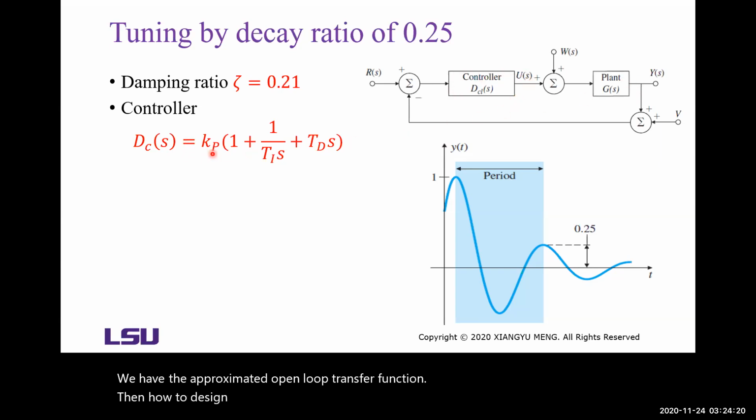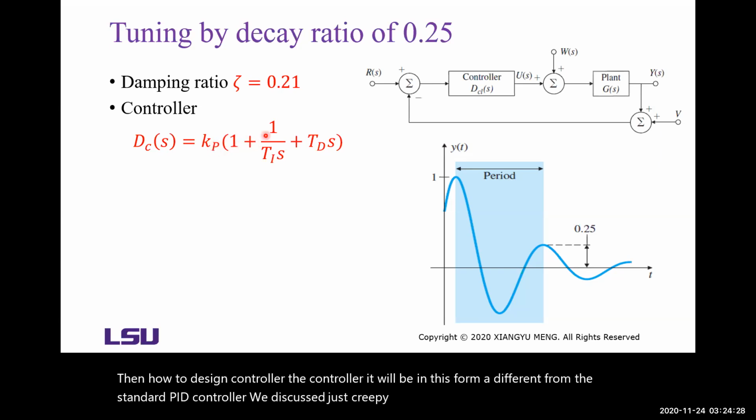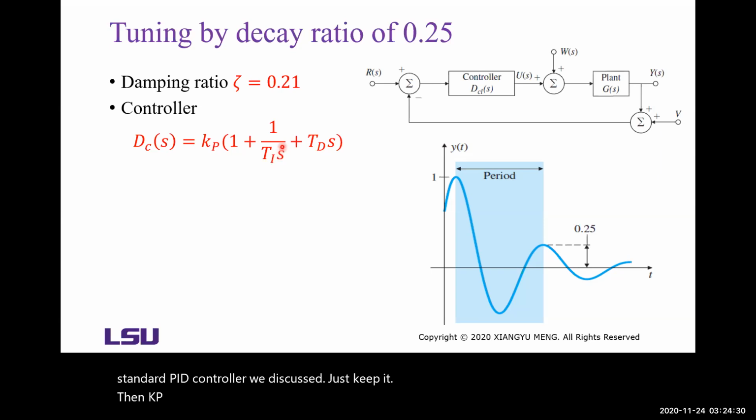The controller will be in this form, different from the standard PID controller we discussed. Just Kp, then Kp over Ti will be the KI, and Kp Td will be KD in the standard PID controller. So the design idea is to make the step response